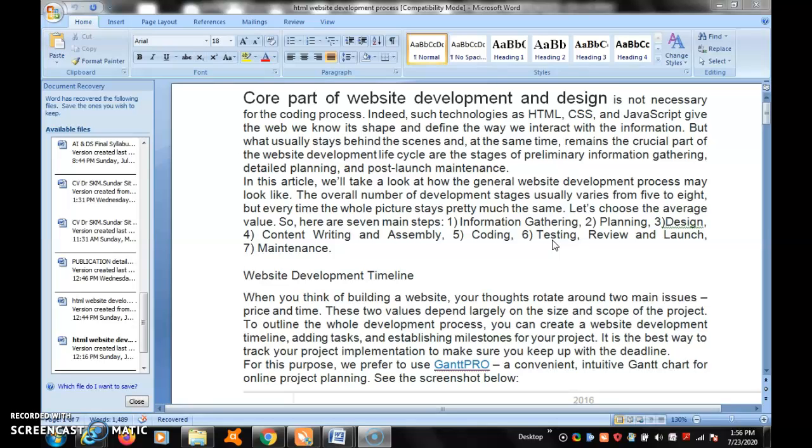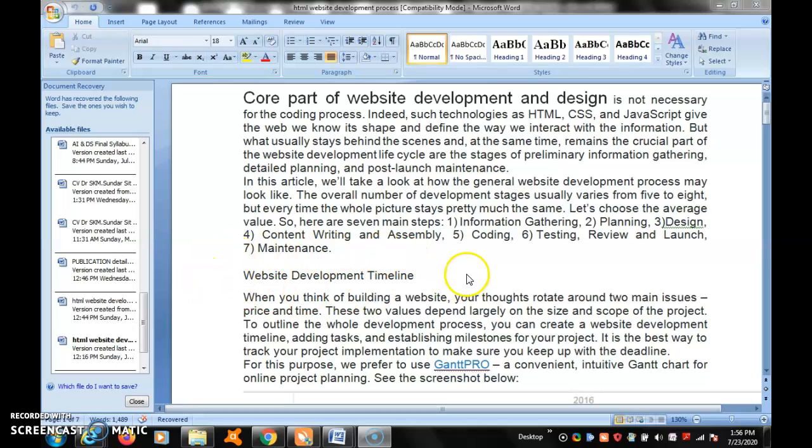Some tools are also available. You can test the code and after that review and launch. Maintenance: if the code already exists but some maintenance or updating is required, you can do it in maintenance.